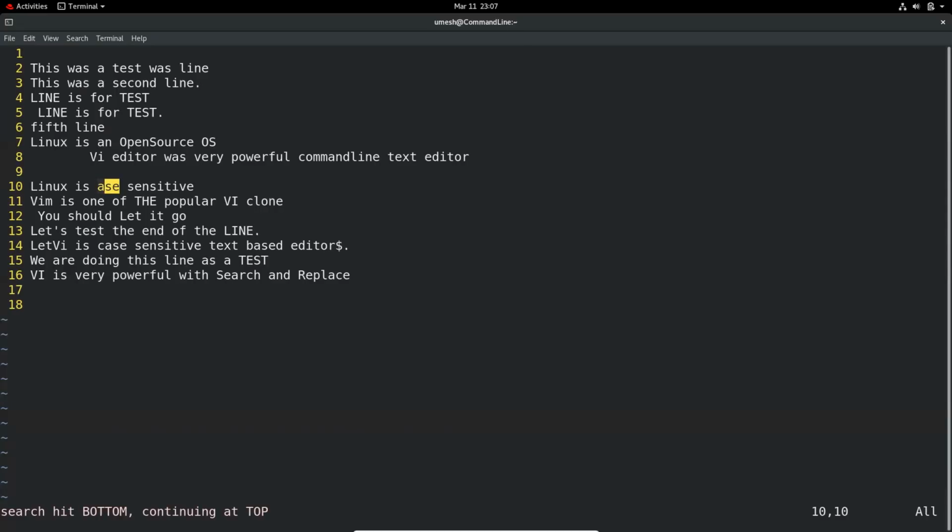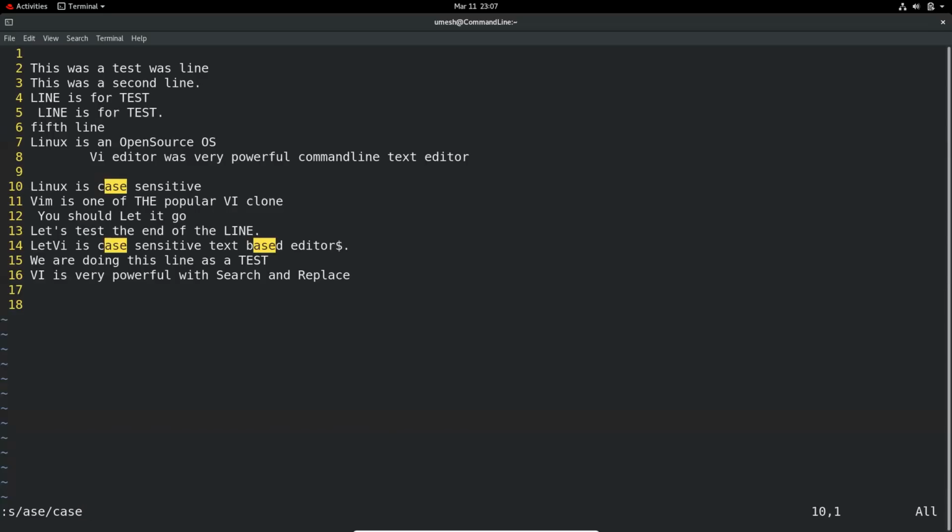So now we will talk about search and replace. Go to the ex mode. s means substitution, and /, find the word ASC and replace with CASE. Right now I'm not sure where our cursor is.